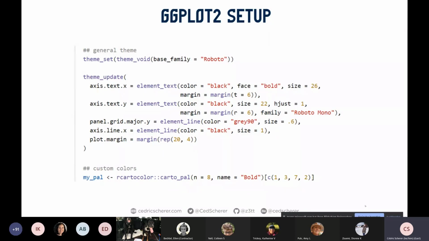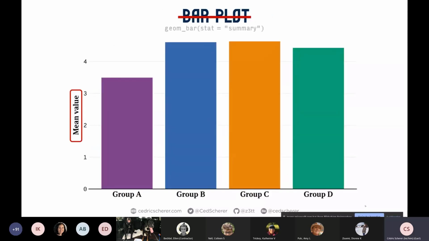So if you want to do the same plots, but for a talk or for a different journal, you can quickly change the settings for all the plots in the same script without doing a search and replace for every theme call you are making while designing the plot. Okay. So back to our bars.